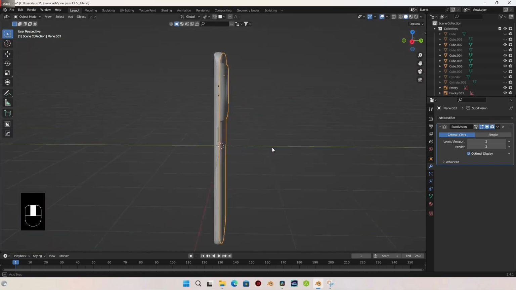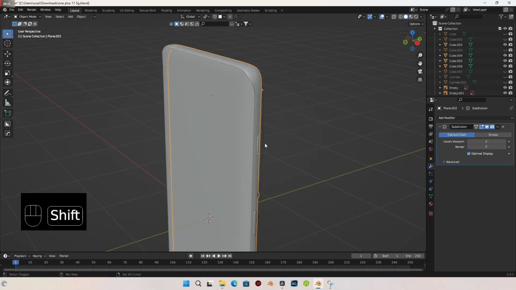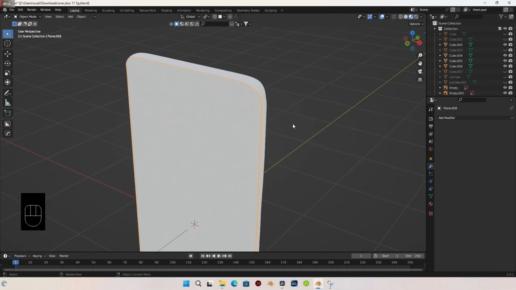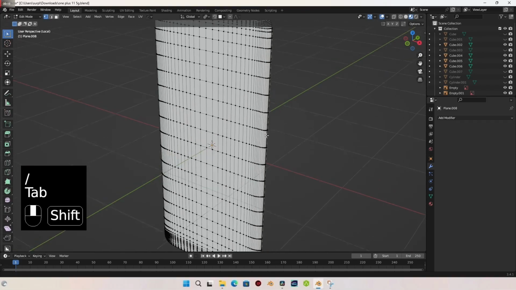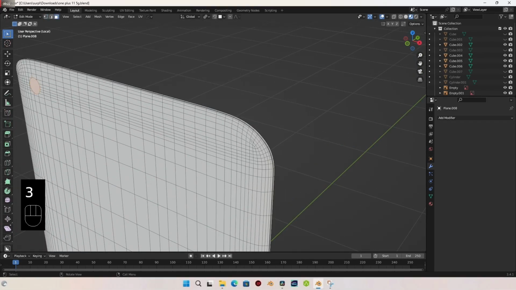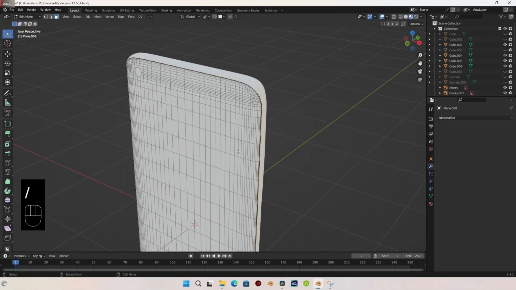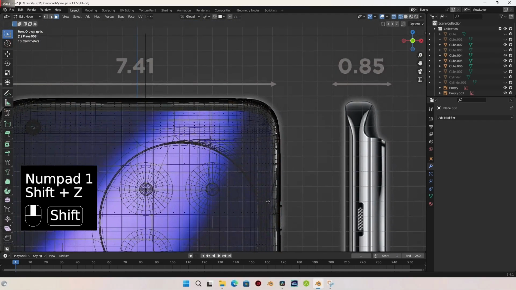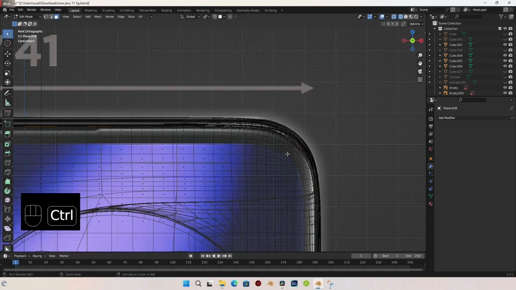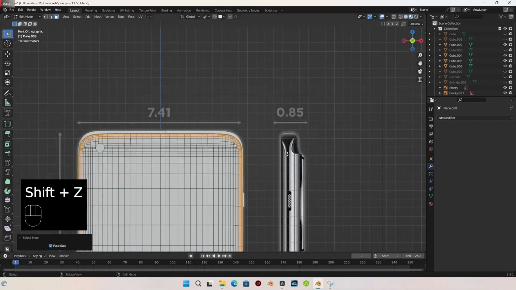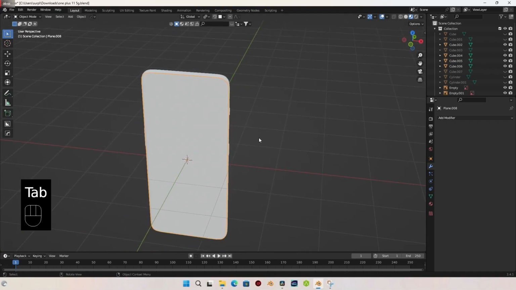Let's start adding materials to these, and I'm gonna begin with the screen. So let's select it and come over to viewport shading, and let's go into local view and into edit mode. I'm gonna go into face selection, and let's select all these top faces here, and let's go back into normal view and into front view. I'm gonna press Ctrl and plus on the numpad till we get to this point, and let's go back into object mode and come over to the materials properties